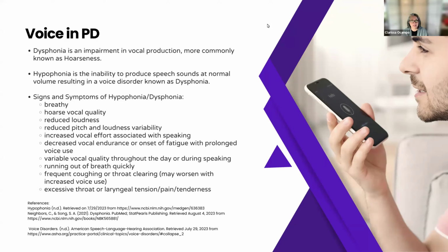So these are some signs of a voice disorder in Parkinson's disease. The voice gets very breathy. It gets hoarse, there's reduced loudness. There's also what's called reduced pitch variability, which means the voice starts to become more monotone. There is no natural prosodic melody of the voice. When we're talking, the voice is usually going up and down, and it's got a lot of expression. We sort of lose that when the Parkinson's disease starts to kick in.